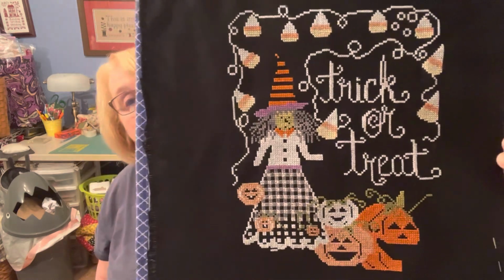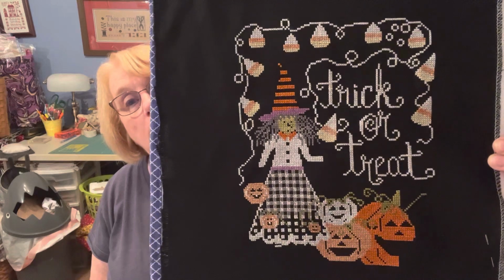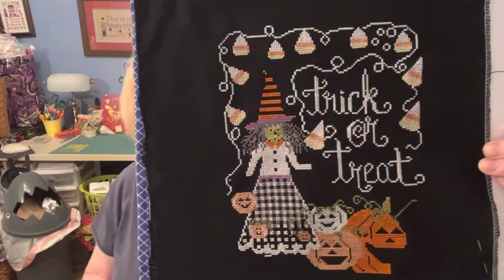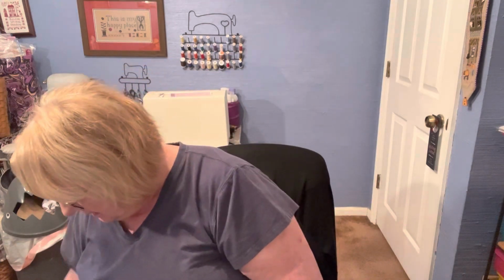So, anyway, this is 28 count. I used 2 strands over 2 of all the call for classic Colorworks design fabric threads. So, that's what I've got done. And I've already got my pumpkin to put it on. So, I've got to get this done by Halloween. I just have to. I was very disappointed that I didn't get this one done. But when you look at it, it's so deceiving. It's like, oh yeah, I can finish that in no time flat. Yeah. Okay, the next thing,